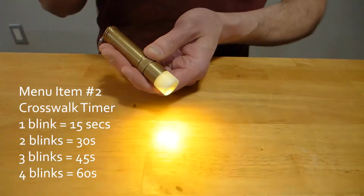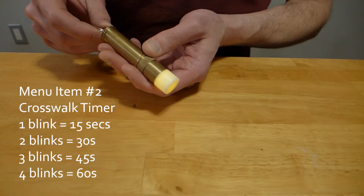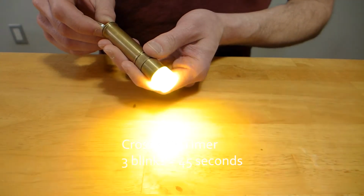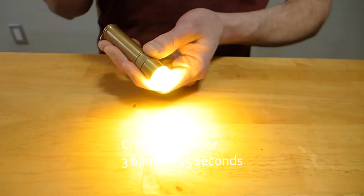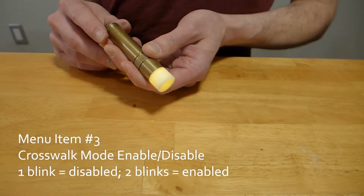Then it'll automatically go to the next menu item, 2, which is the crosswalk timer. Right now it's set to 30 seconds. I'm going to set it to 45 by turning it off and back on. And you see it does 3 blinks now instead of 2. So now it's 45 seconds on the crosswalk timer. And you just leave it and it'll go to the third menu option,